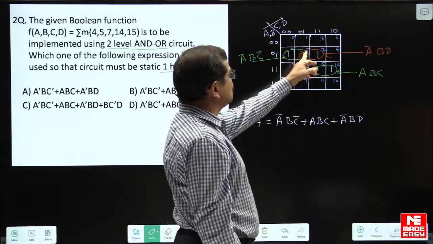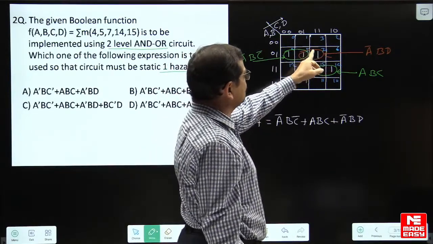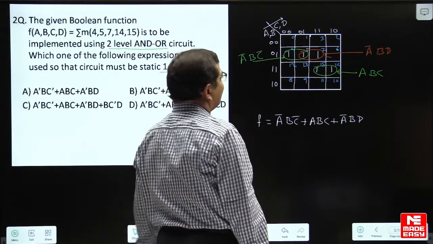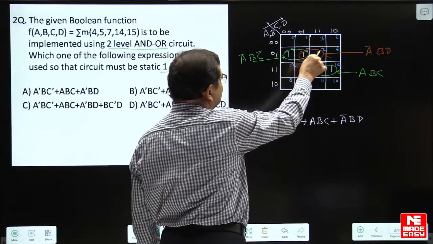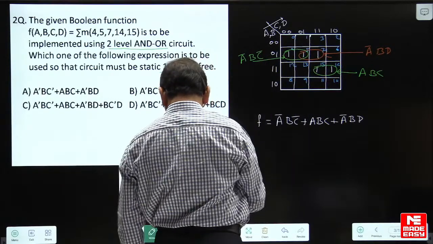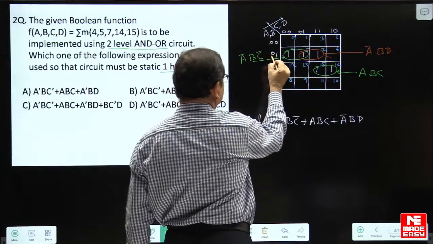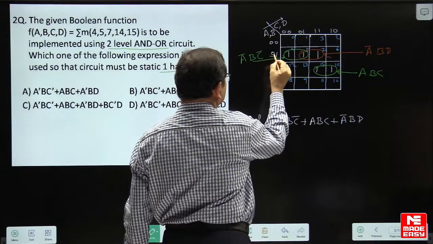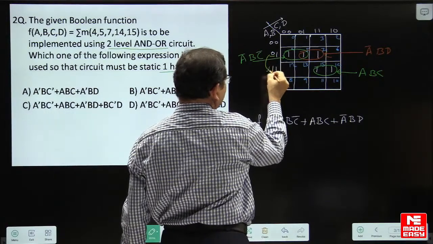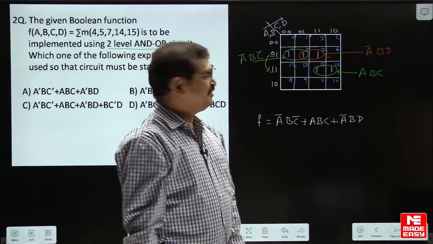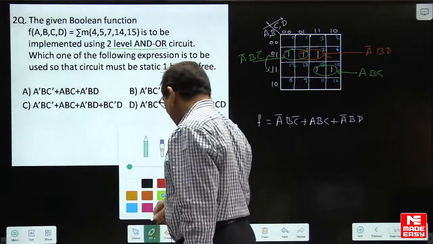If we are using this product, then the problem is, with the knowledge of the static hazards, whenever this A value is changing 0 to 1, we will be looking at a problem of static one hazard. So based on this, if we are using